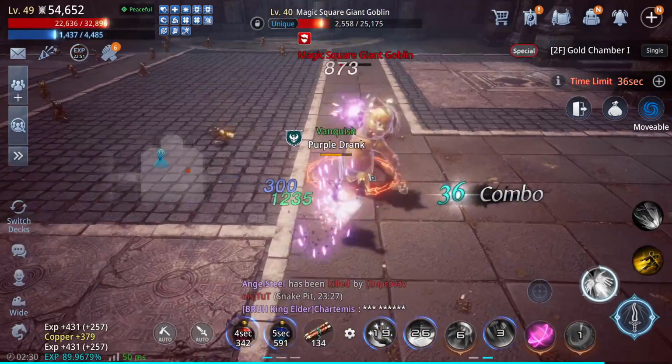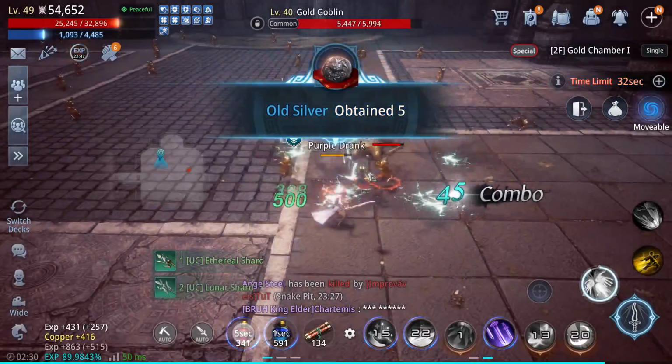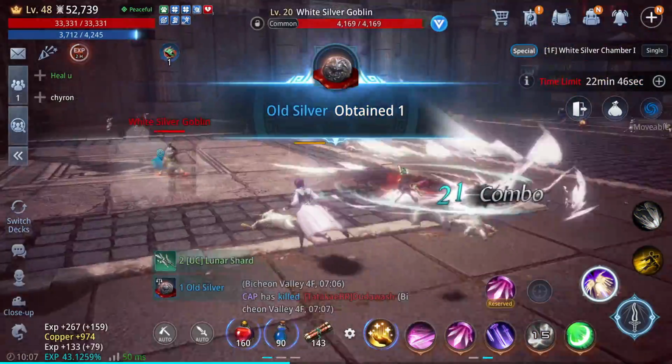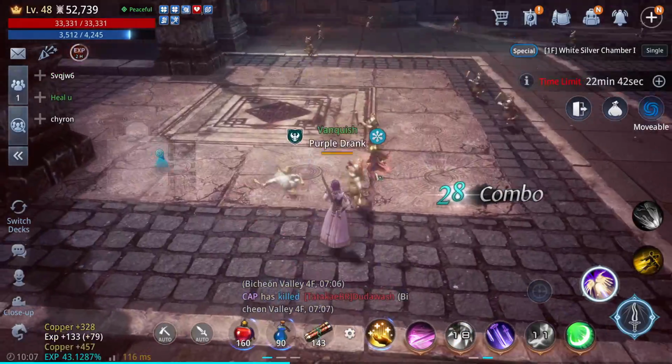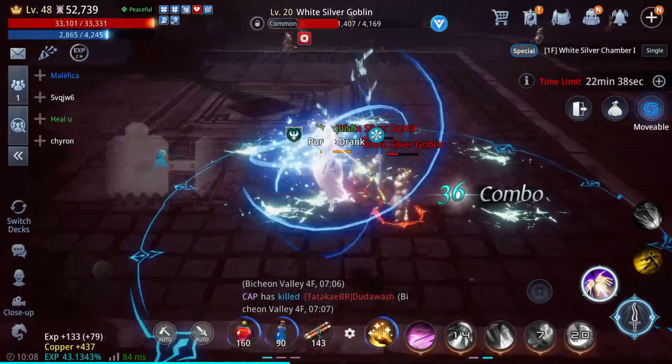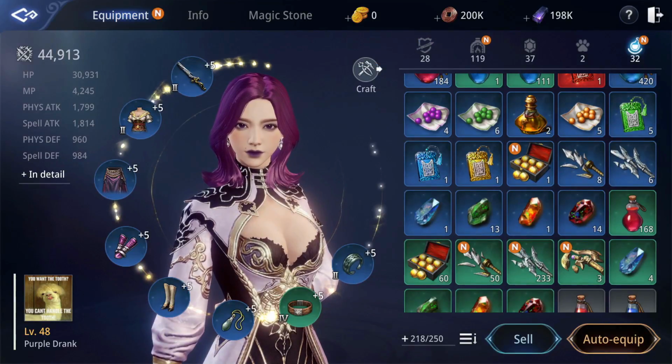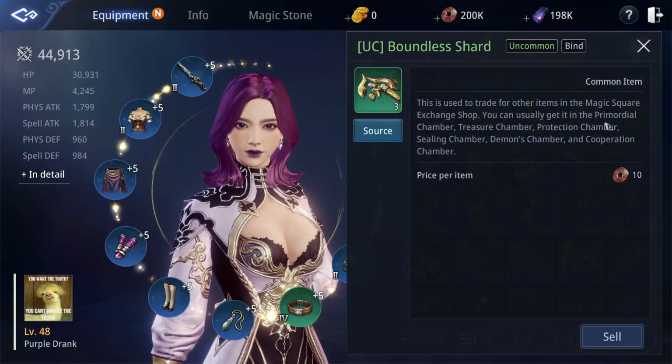for 10,000 copper each. A quick note about the white silver chamber, because it is similar to the gold chamber in almost every way, except the monsters are passive and there will be a very low chance of any shards dropping. Boundless Shards are found most frequently in the starting area, treasure chamber, protection chamber, sealing chamber, demons chamber, and